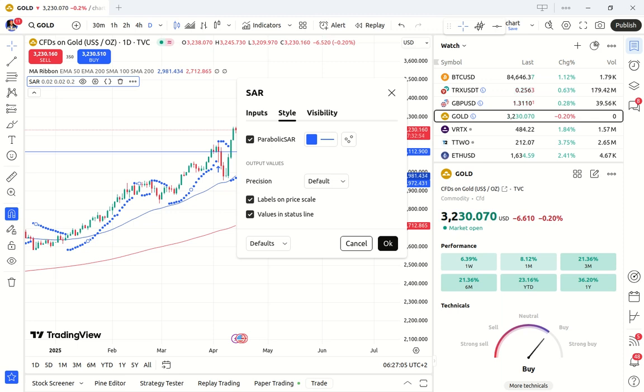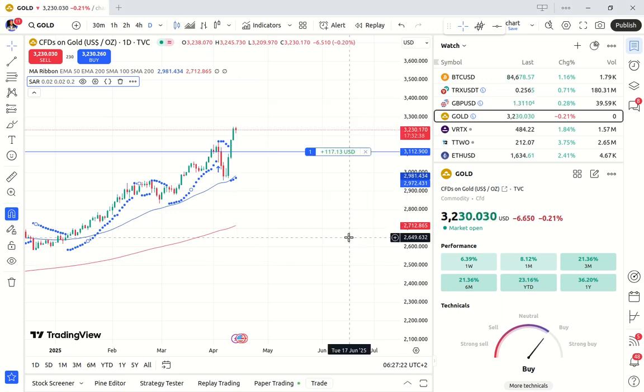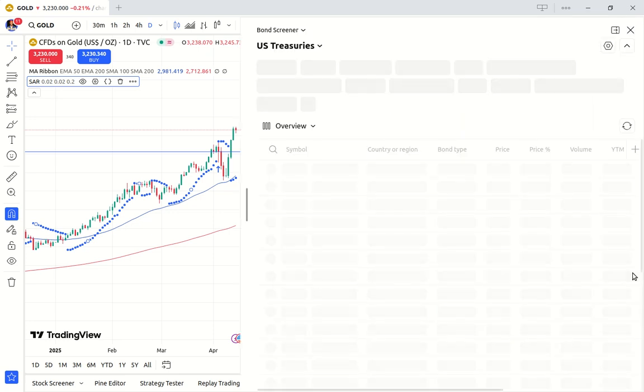Okay, this is a method. It's called stop and reverse. It's used for finding reversals in the market prices. Okay, the parabolic system. And then finally we look at gaps. Now let's jump into the